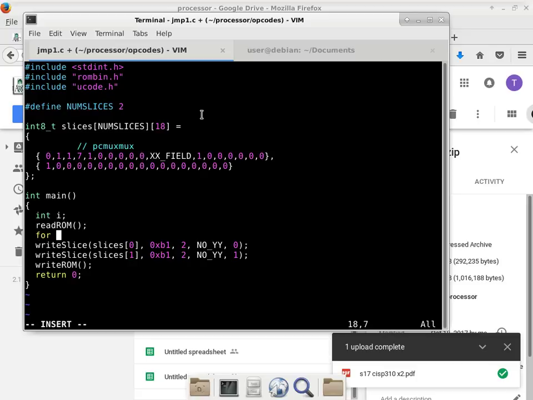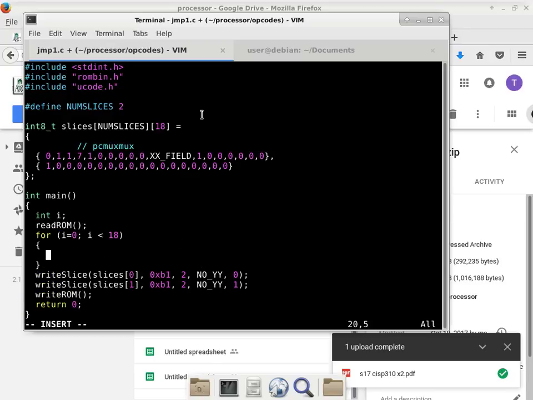You're just basically using a for loop, for i equals 0, i is less than 18, because there are 18 items. And in C, it's basically just a printf, in C++ you can use cout. And we'll just say slices, the first slice. The second slice you don't have to output. The second slice is the same for all the instructions, so you don't have to do that. And then for the first slice, all you're doing is